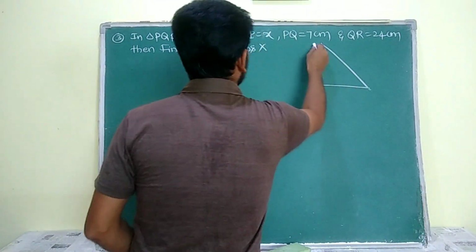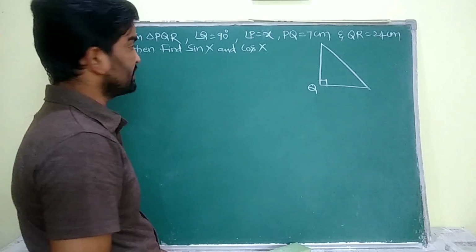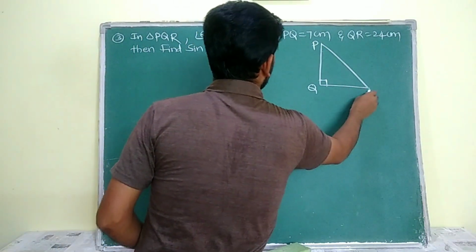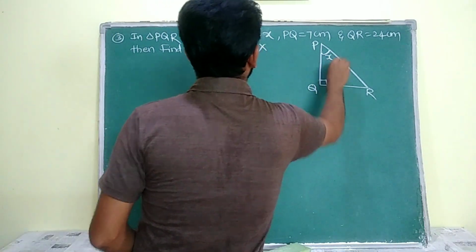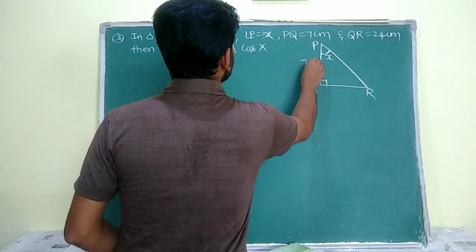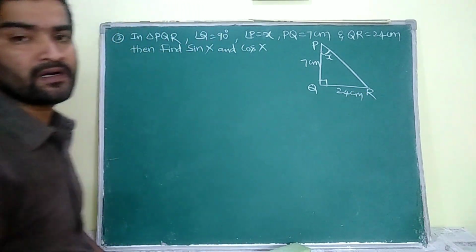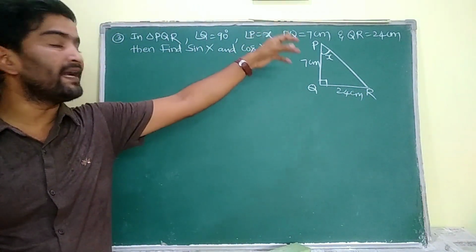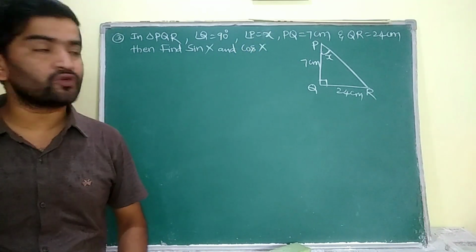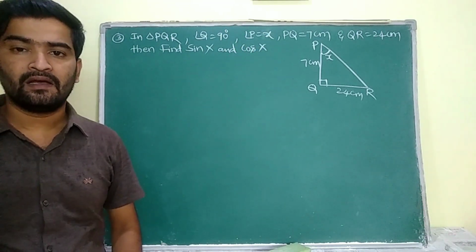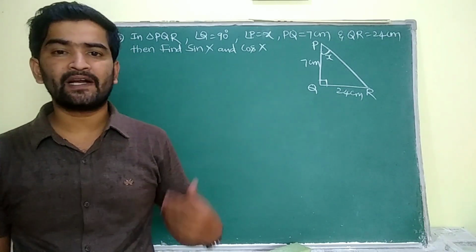Now, see ma. In triangle PQR, angle Q is equal to 90 degrees as per the question. Now, you may place P here and R here. That's your wish. Okay, now angle P is given as X. And this PQ is given as 7 centimeters and this QR is given as 24 centimeters. We know that 7, 24 and 25 is a Pythagorean triplet. So if PQ is equal to 7, QR is equal to 24 centimeters, then PR is 25 centimeters according to the Pythagorean triplets. Okay, if you want to write directly, you may write directly.